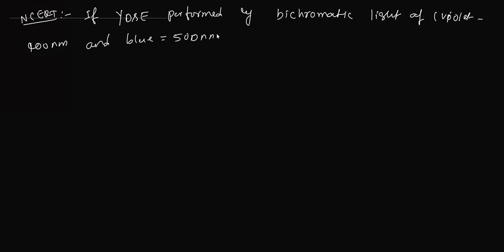If the distance between the slits is 1 millimeter and the distance between the slits and screen is 1 meter, they told these values. Then what they're asking is to find